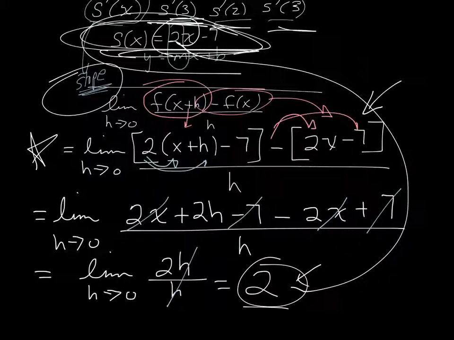Let's say we have this function f of x equals 2x squared, and the direction says to find the slope of the secant line through the points 1, f of 1, and 1 plus h, f of 1 plus h, where h cannot equal 0. Alright, now this is just a weird way of saying that we're just going to basically use our formula, and our formula is this f